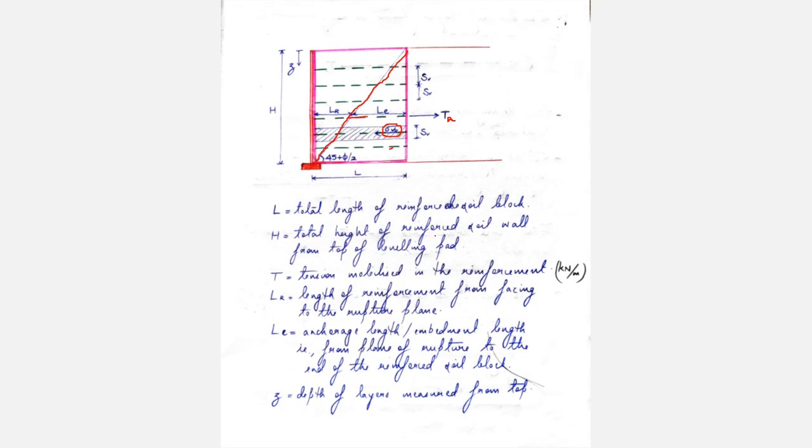So usually in the design process, we have to find both the vertical spacing as well as the embedment length LE. This is a very laborious process in general. So mostly these types of problems are done in Excel sheets, since it's a very lengthy process. But for now, we'll stop our design after finding the vertical spacing.